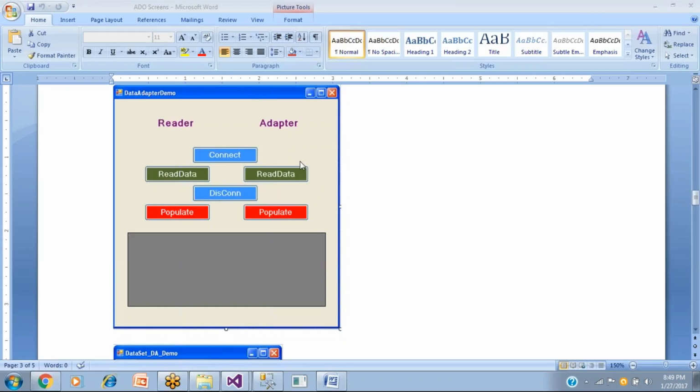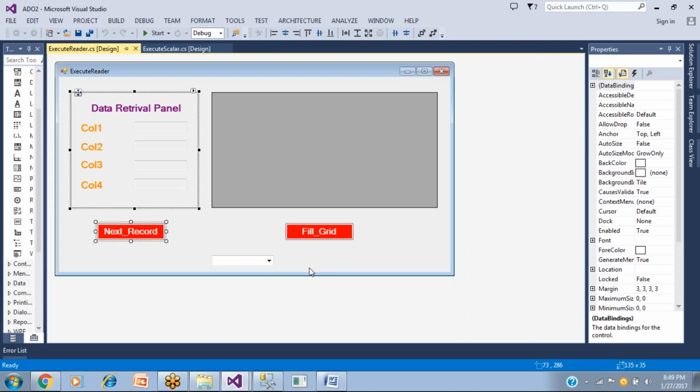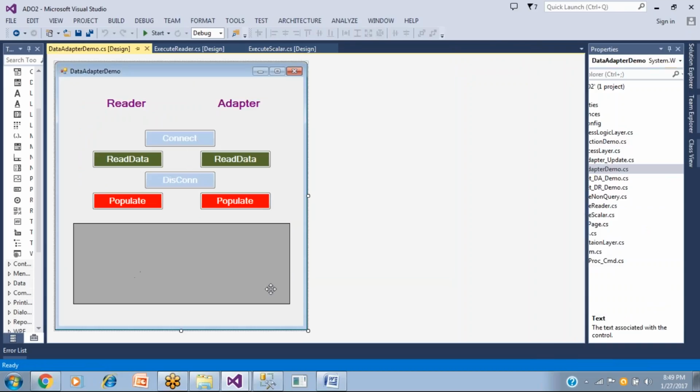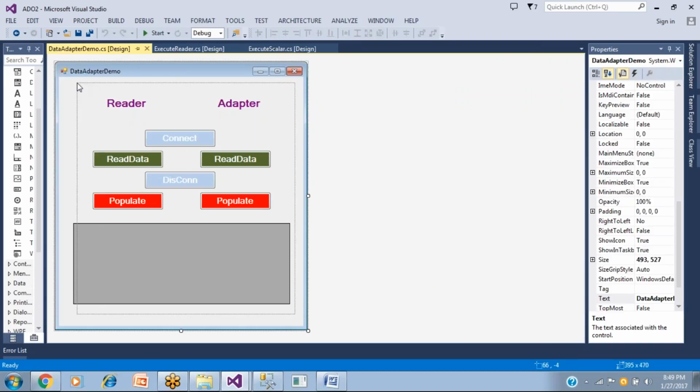So now, the disconnect I didn't try, just one second. My idea is up to this point: connect, read and populate is my idea initially. Slowly I'll enhance it, because there are some limitations over here. Now I just want to take the design of this